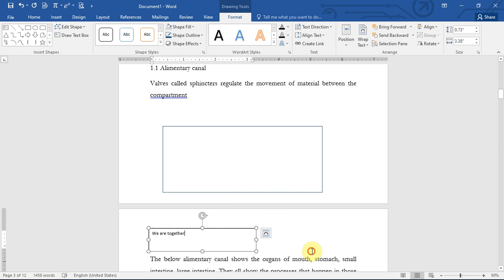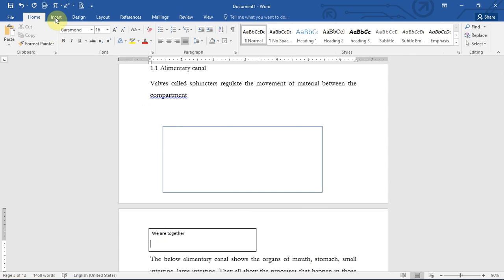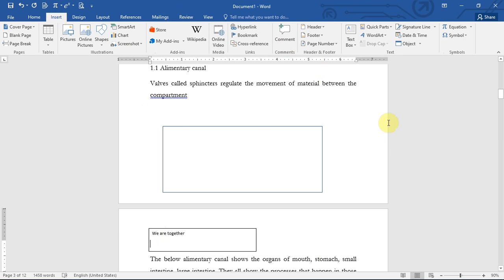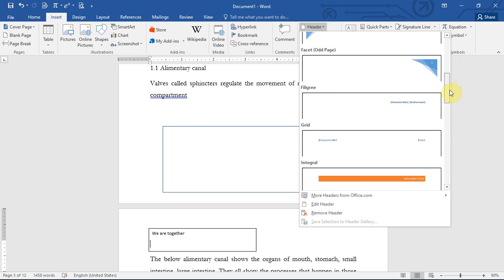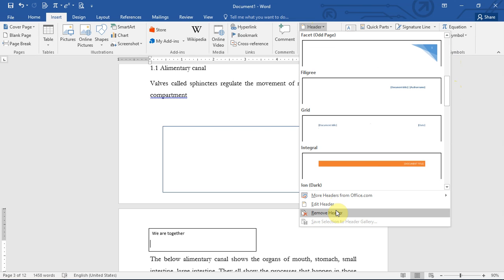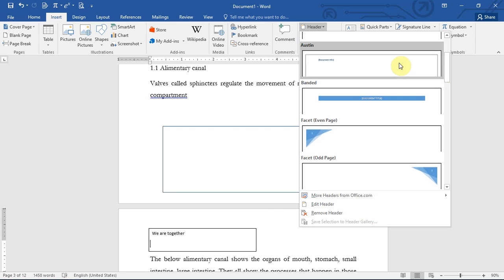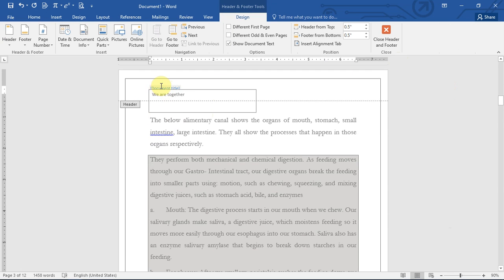So this is a text box because it's a box in which you can put the text you need anywhere, anytime. So how do we add the footer, header, pages like that? You click on insert, and then you click on header. If you click on header, there are by default many types of headers. You can even edit the header. You can remove the header if it is there. So for me, I'm going to choose one type of header. Let me choose this one, and then I'm going to edit this header and write